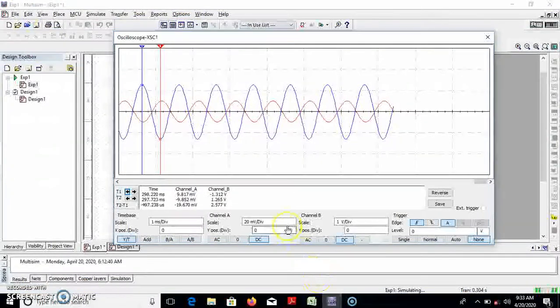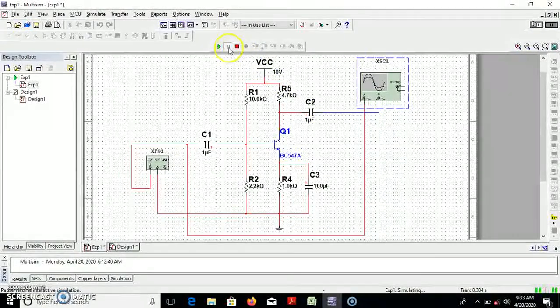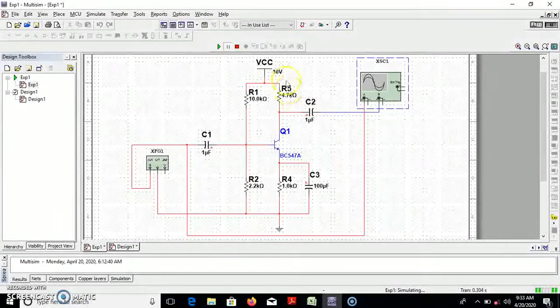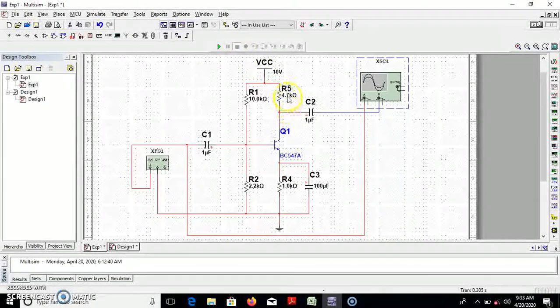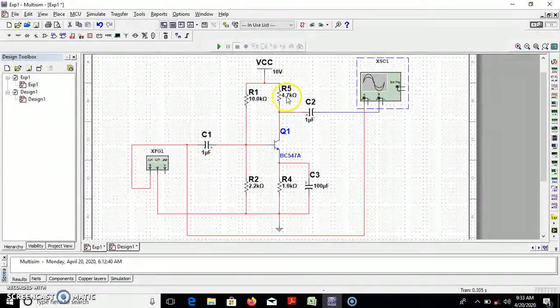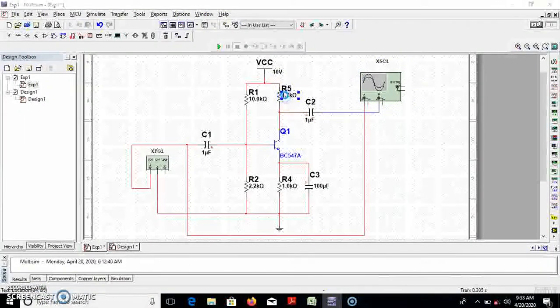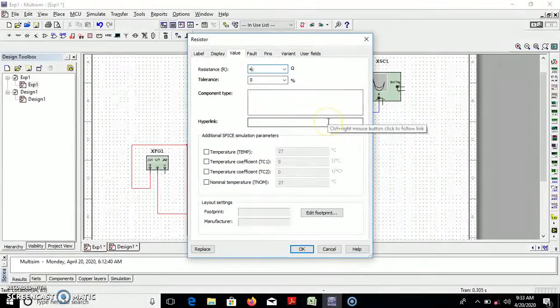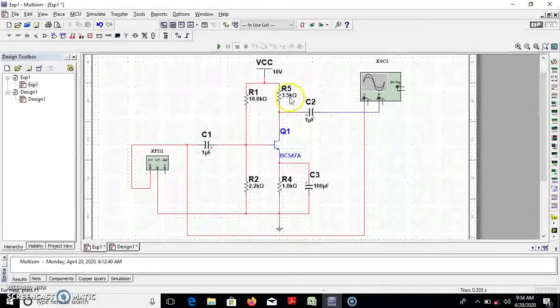Now you can change the value. You require to stop the simulation first. You cannot change the value of the component while the simulation is running. If you want to change the value of this component, you require to stop this simulation. After stopping, you can set the value of R5, that is nothing but RC, the collector resistor. So I go to the Excel sheet and see I require to set 3.5 kilo ohm. By double clicking on 4.7, it asks to change the value and you set 3.5K. Okay, so the value is reflected as 3.5 kilo.